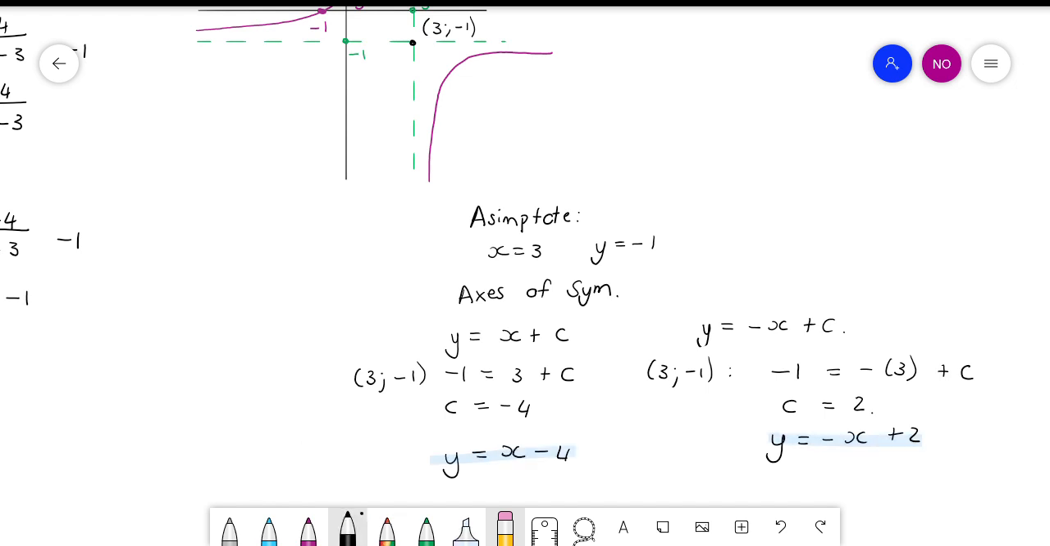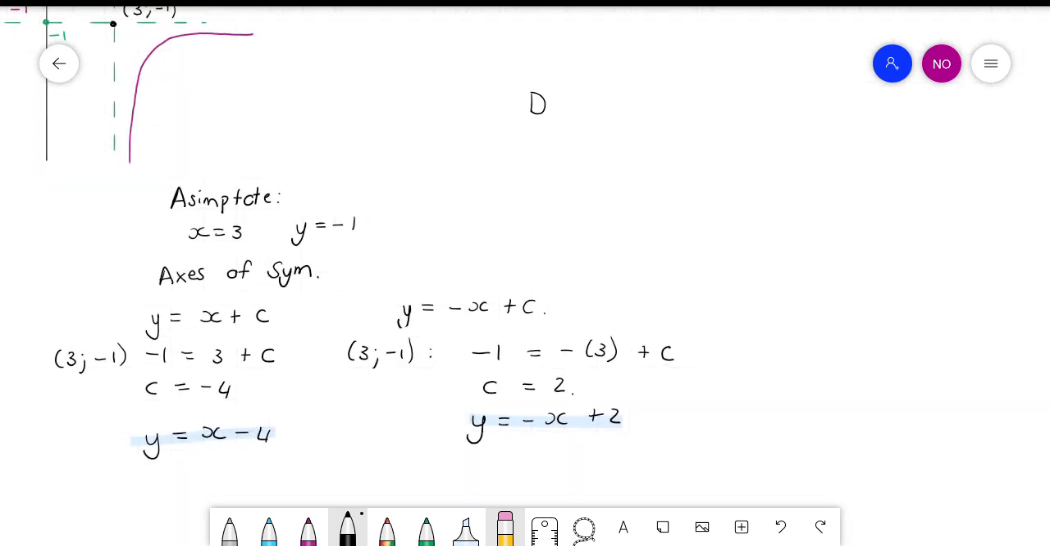Okay. En dan die laaste twee goed is die waardeversameling en die definisieversameling. So die definisieversameling gaan wees x is 'n element van alle reële getalle behalwe wat x cannot be equal to 3. And for the domain, die waardeversameling is dit alle reële getalle behalwe min 1. Okay, goed. Ons gaan nou aan